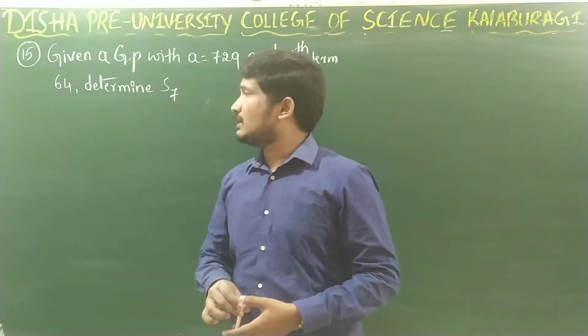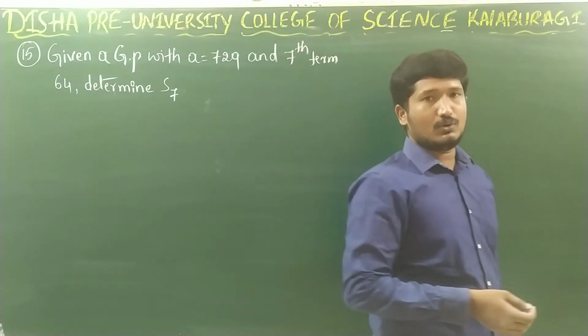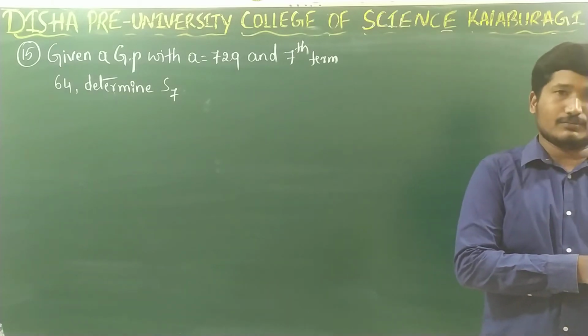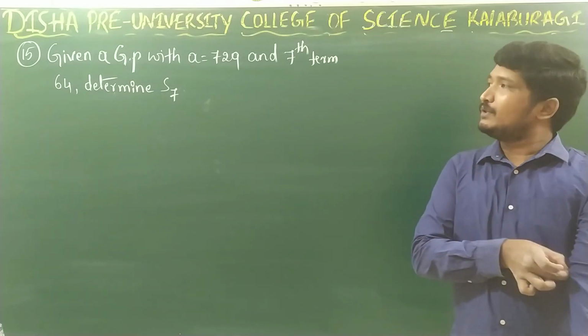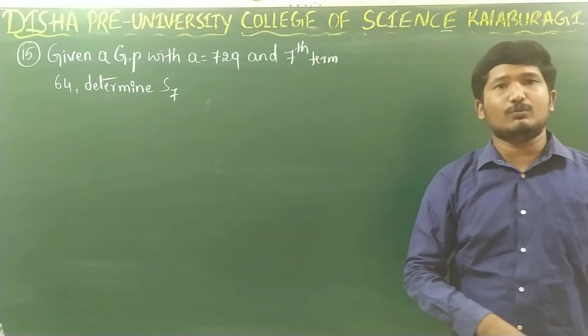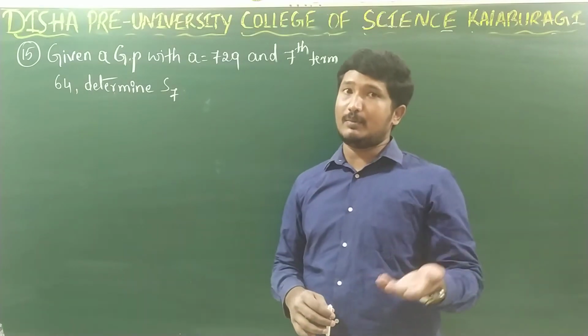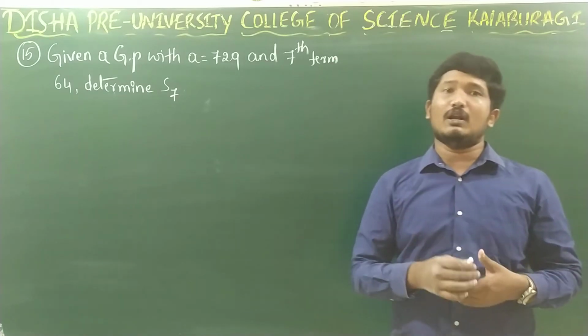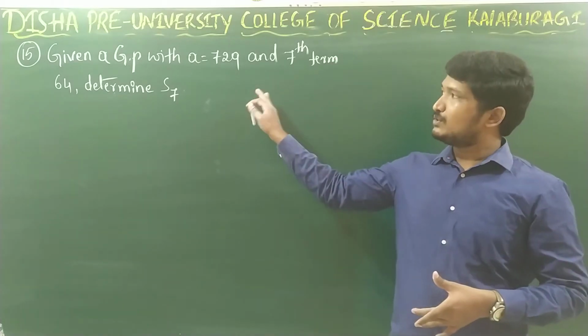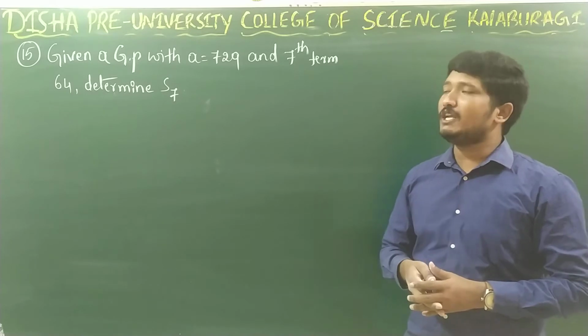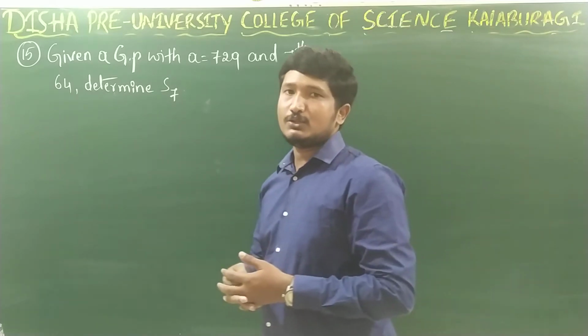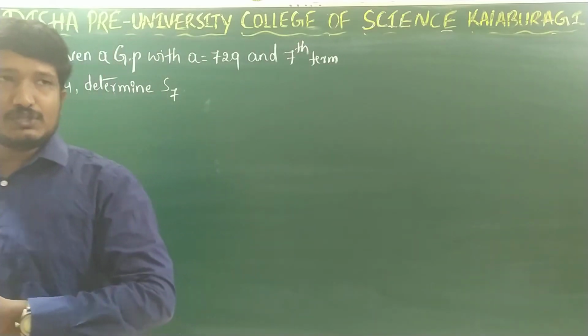So in the last class we have completed around 14 problems based on the geometric progression, right? So we will continue with a few more problems. See, in this chapter there are a maximum number of problems, right? You will get more problems here. So now let us begin with the 15th problem based on geometric progression. So see the question here.